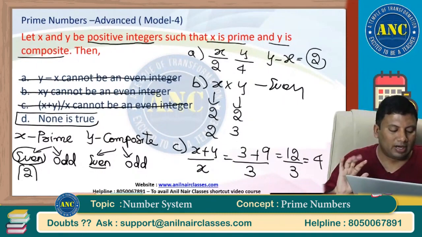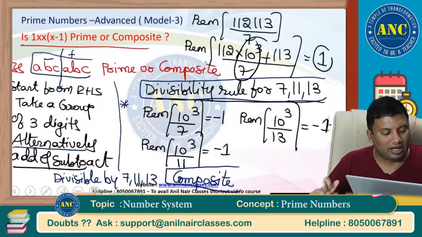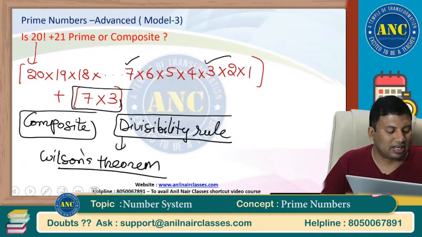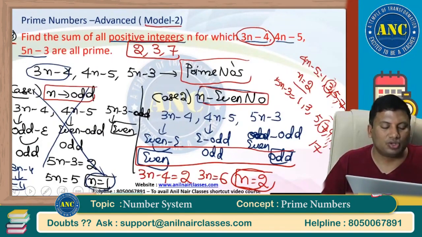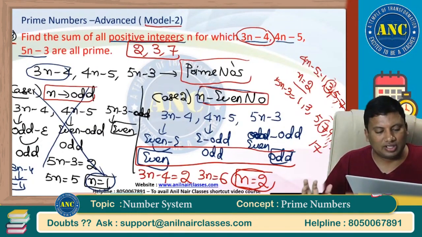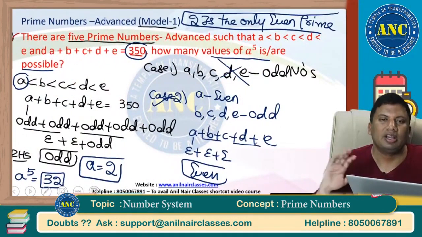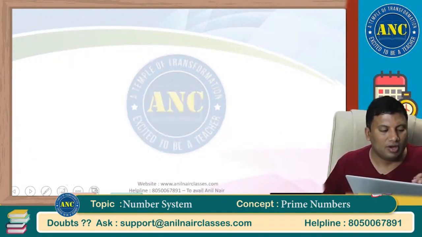X is a prime number, even and odd. X is a previous year CAT question, sir. How to check whether a number is a prime number or not? Divisibility rule for 7, 11, 13, 37. Divisibility rule for 101. By using Wilson's theorem, how to check? Or even and odd, how to check? How to find out the values such that the given numbers are prime numbers by taking n even, n odd. Sum of an odd number of odd numbers is always an odd number. These are the fundamentals. Again, we will have one more